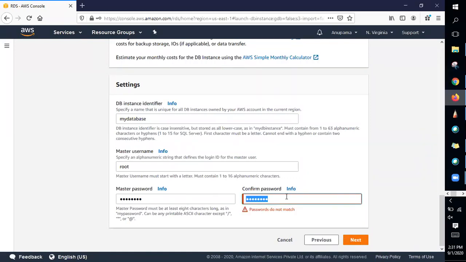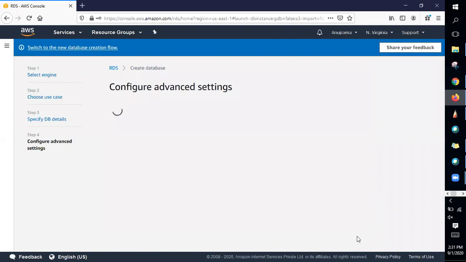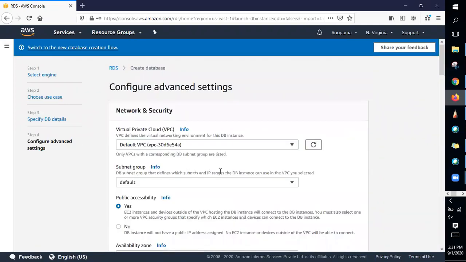Oh, it doesn't match. Maybe I need to correct this. I don't remember what I have given. Okay. So in the third step, we would be defining more about DB details and all.